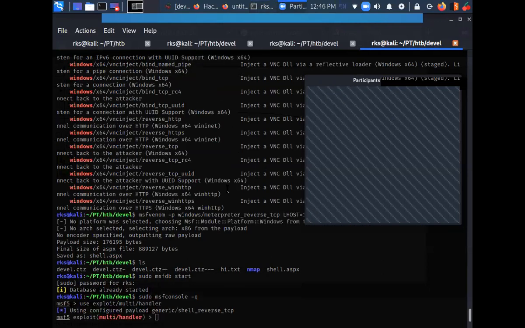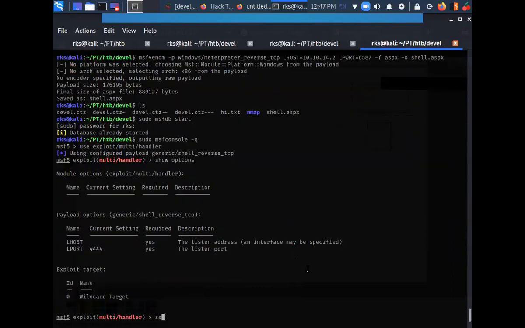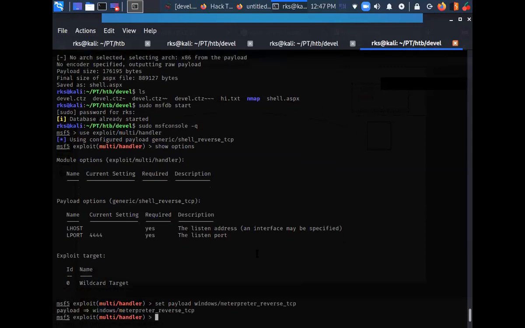Here, let's type show options. Before setting LHOST, we need to set the payload first. By default, the payload is generic shell reverse TCP. I need to set the same payload which I used in my MSFvenom, so let's copy that payload from there and type set payload here.